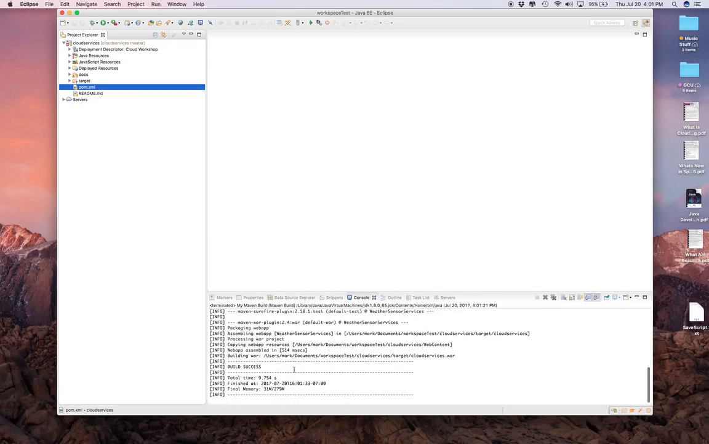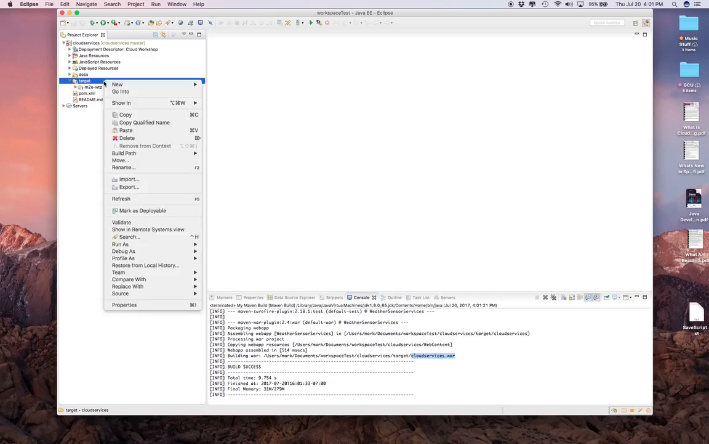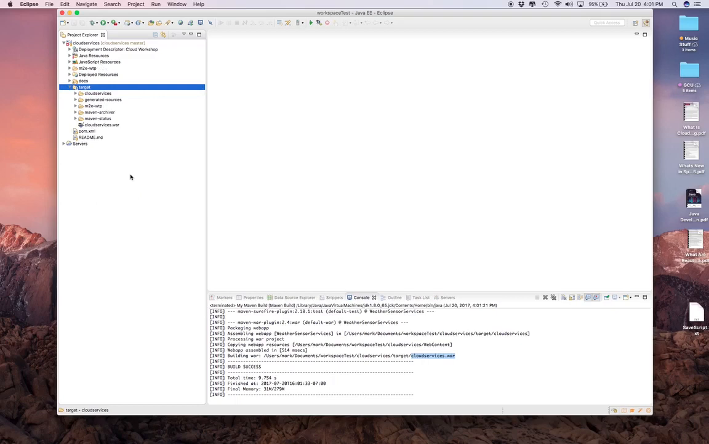And you can see we built our application and it produced an output of cloudservices.war, and all the Maven output is actually located in your target directory. Now, to get the code to be picked up, I don't know whether this is a bug in Eclipse, but we'll want to refresh our workspace to make sure that all of the directories are available in our workspace, because